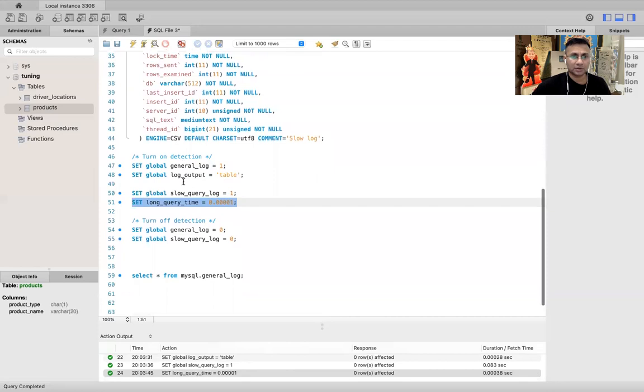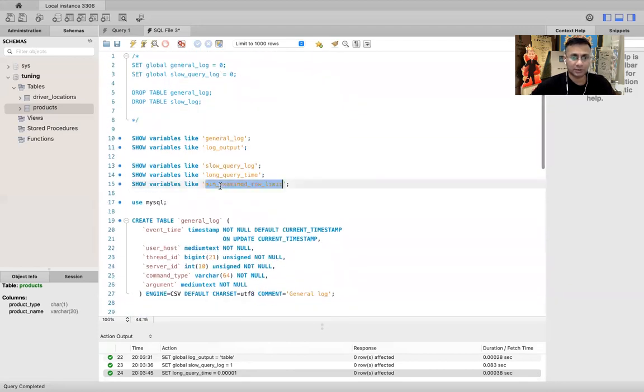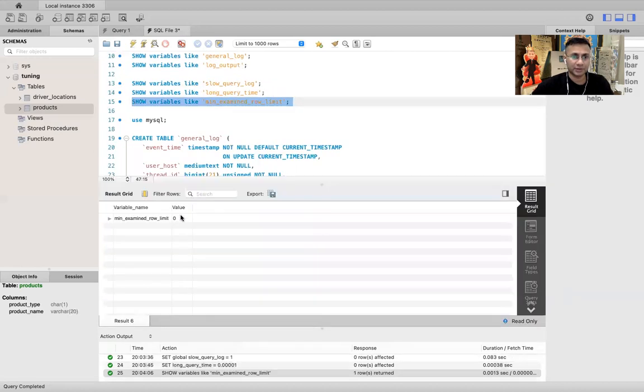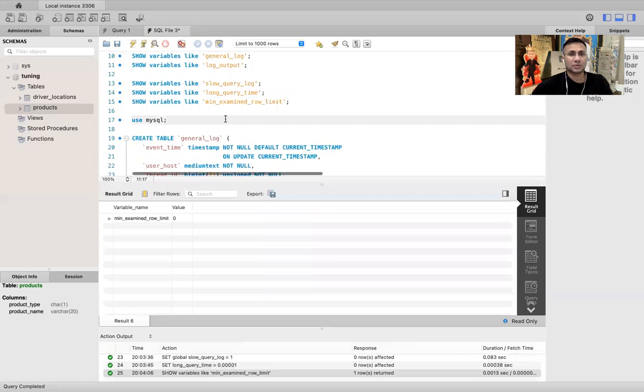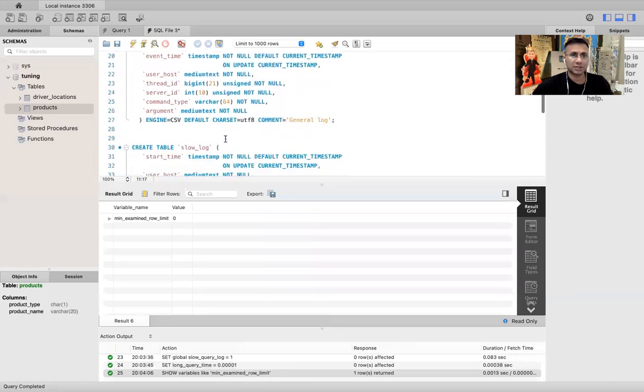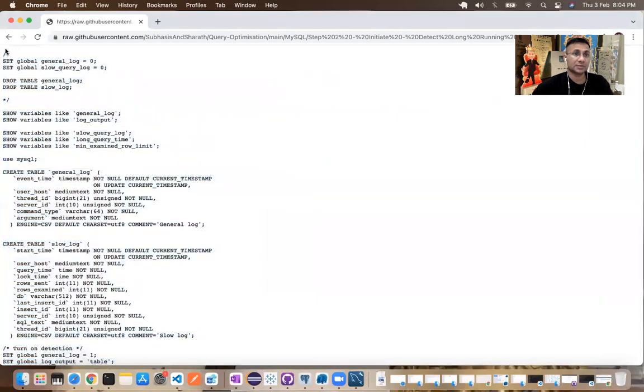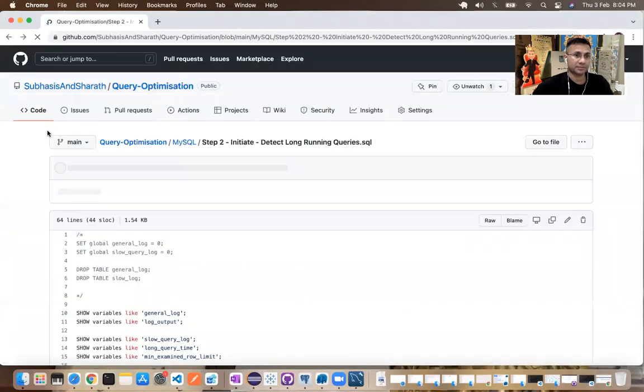There is one extra variable which I have not examined, but I can simply run it and show you the value. By default it will be set at 0. Yeah, so that should do it. We did not change anything. Next thing, let's move on to the next step. That would be step 3, where